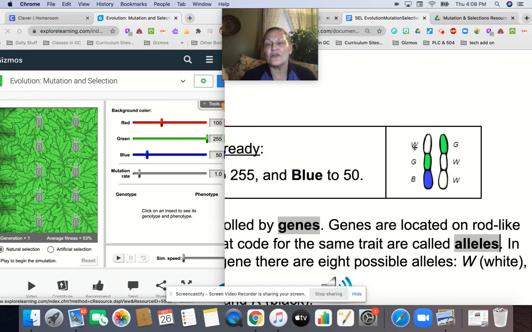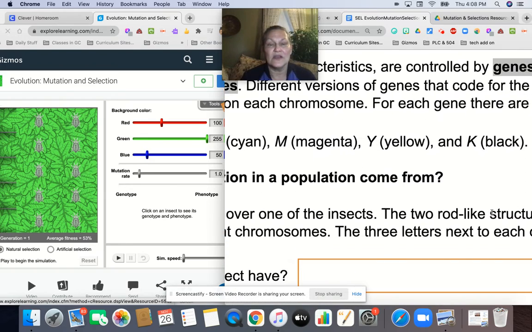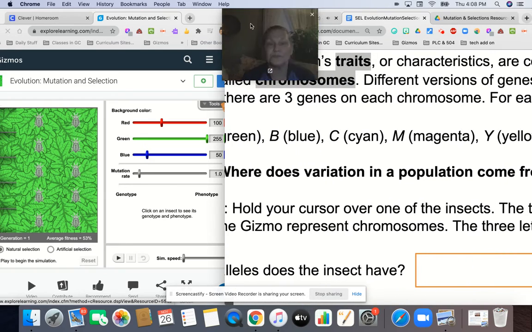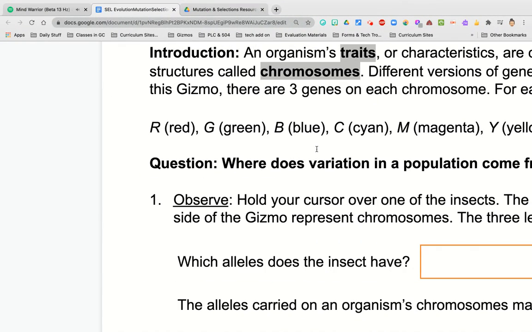So these are 3 different alleles. So this organism has a white allele, a green allele, a blue allele on this chromosome. And this organism has a green allele here, a white allele here, and another white allele here. Okay, so that's the chromosome. And the short parts are the genes, and the alleles are the numbers. Okay, and so remember that level of organization that we talk about with many things, right? So let's go ahead and get to the meat of the activity here. Let me get this out of the way. All right, so the first thing that we have to do